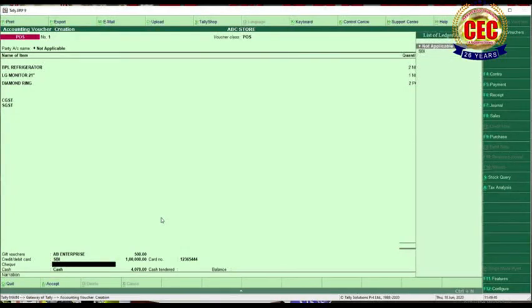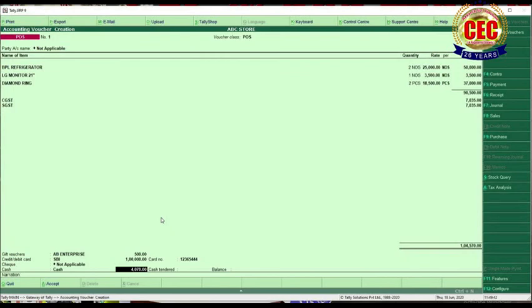Rest of the amount goes as cash. So 4070, but the customer paid you 4100. Then the balance is 30. That means the company will give the customer 30 rupees. After that, save it, accept.